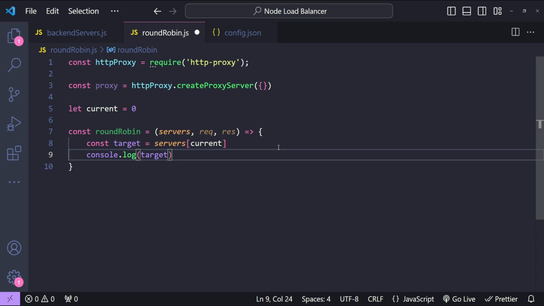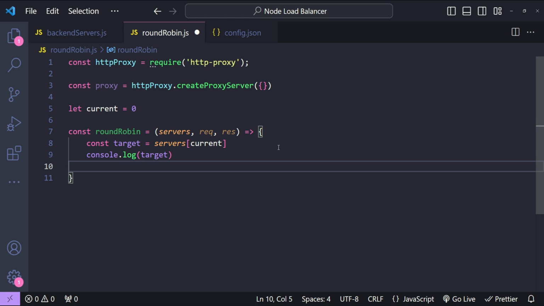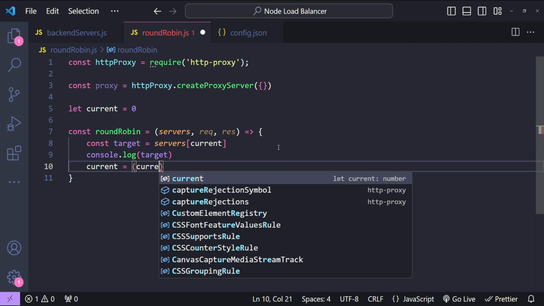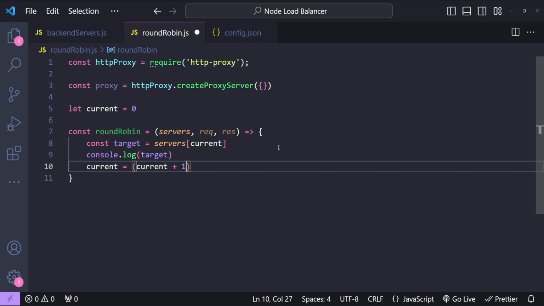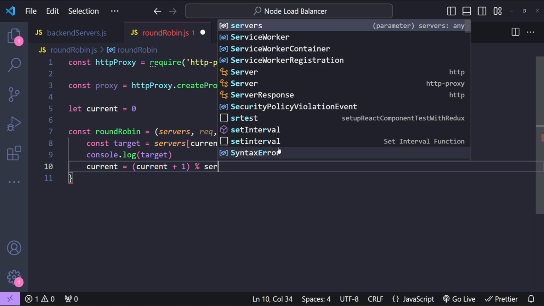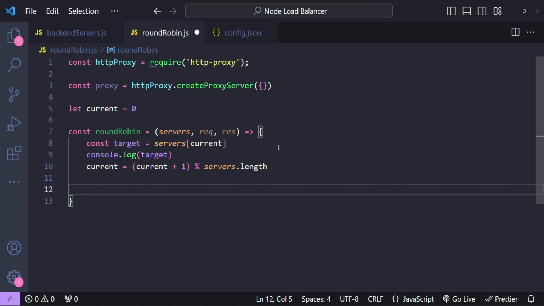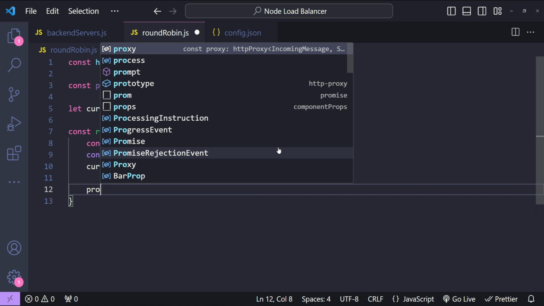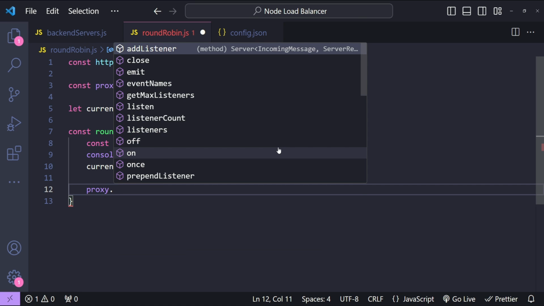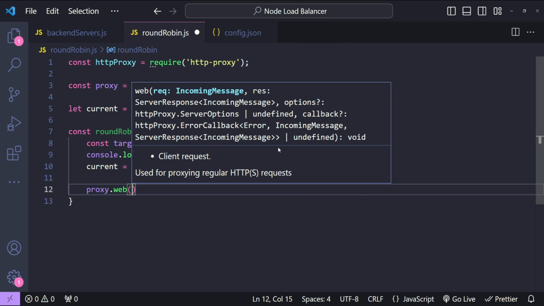Now when the target server has been chosen, we can simply increment the value of current. So current equals current plus 1, but we have to make sure that it will not be more than this servers.length, so we will simply write % and then servers.length. Finally we simply need to proxy the request to the target server, so proxy.web, and then we have to provide the request and response as the arguments,